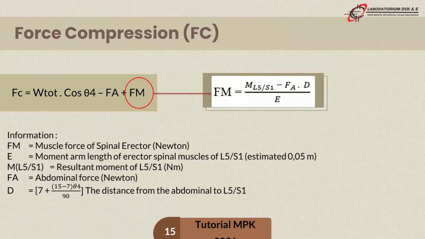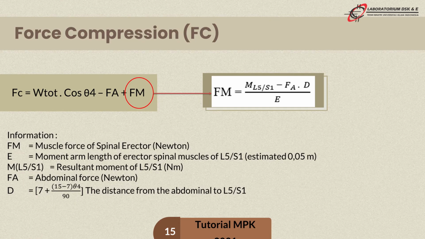The final step in this FC calculation is calculating FM. The FM calculation formula is moment on L5S1 minus FE point D, divided by E, with the condition of E is equal with 0.05, and E is the moment arm length of erector spinae muscle of L5S1,